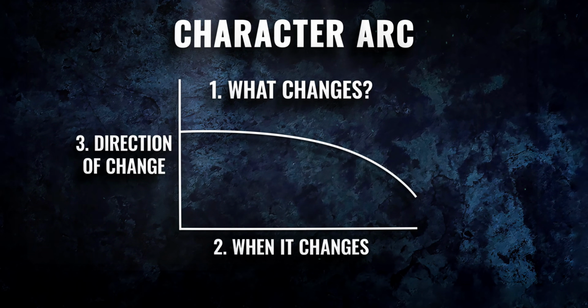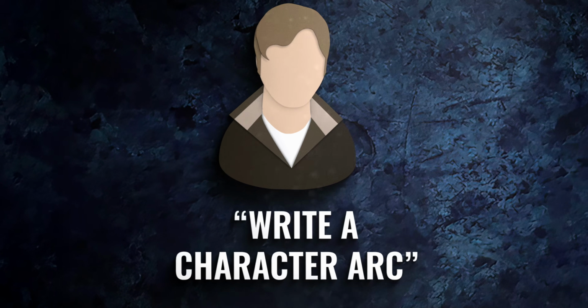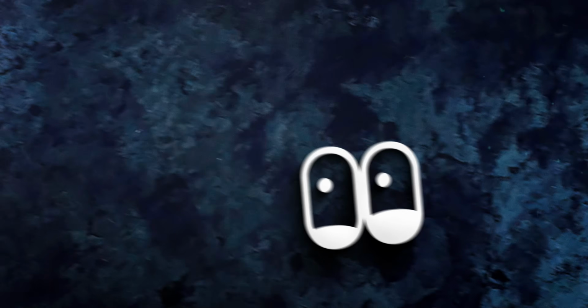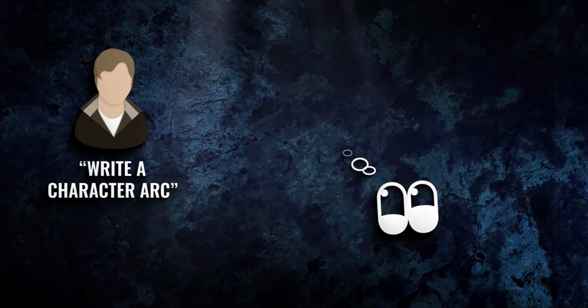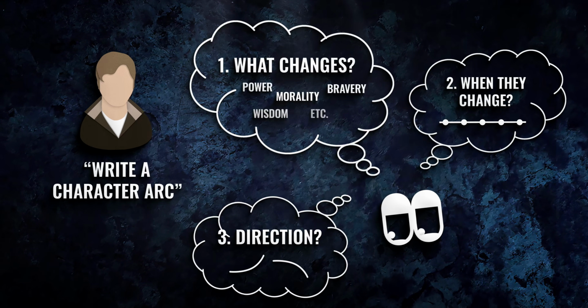The term character arc can be used in a sentence, but can have multiple meanings behind it. I think it's obvious why this writing term can feel so vague, and it can be interpreted differently by different people. It's not a totally useless term, matter of fact, it's quite handy. But because it encapsulates 3 meanings, it's very difficult to actually use as practical direction to write something. What are you trying to write if what you're being told to write has 3 different meanings? So we have to specify exactly what those meanings are, and that is the best definition of a character arc that you will find on the